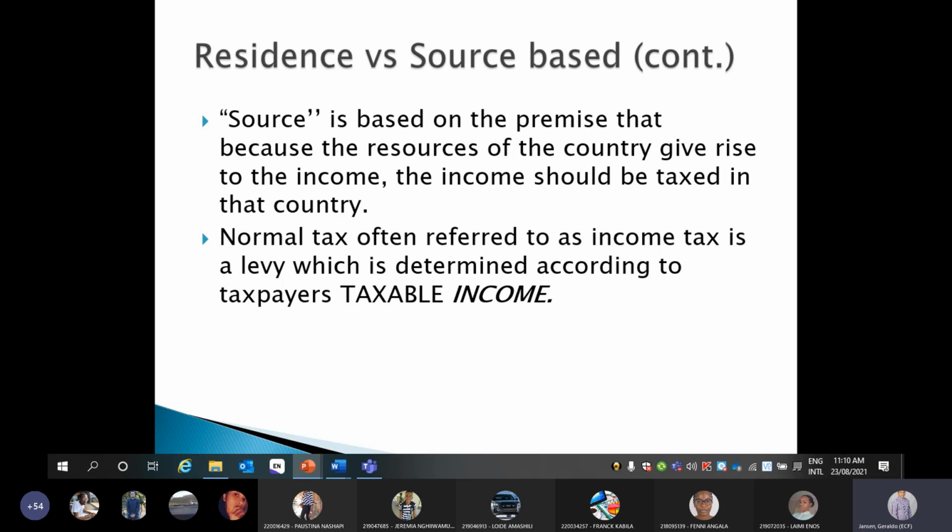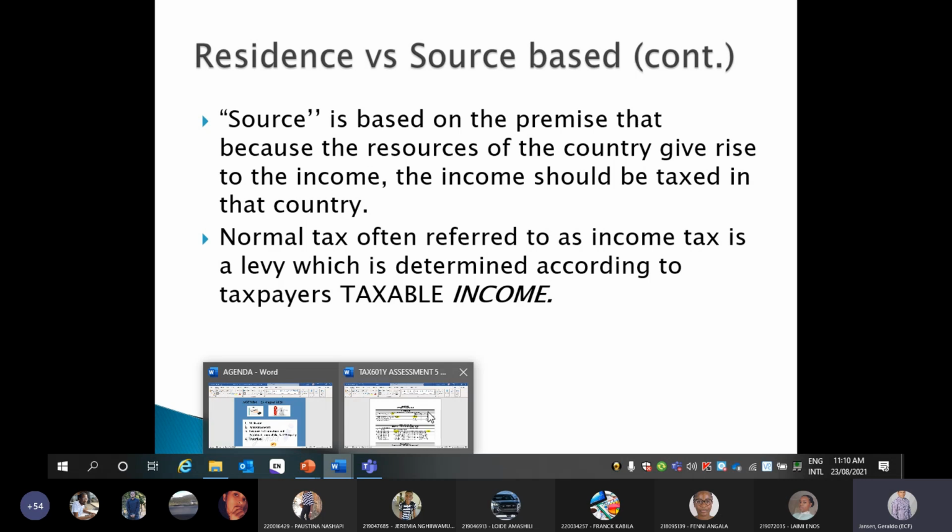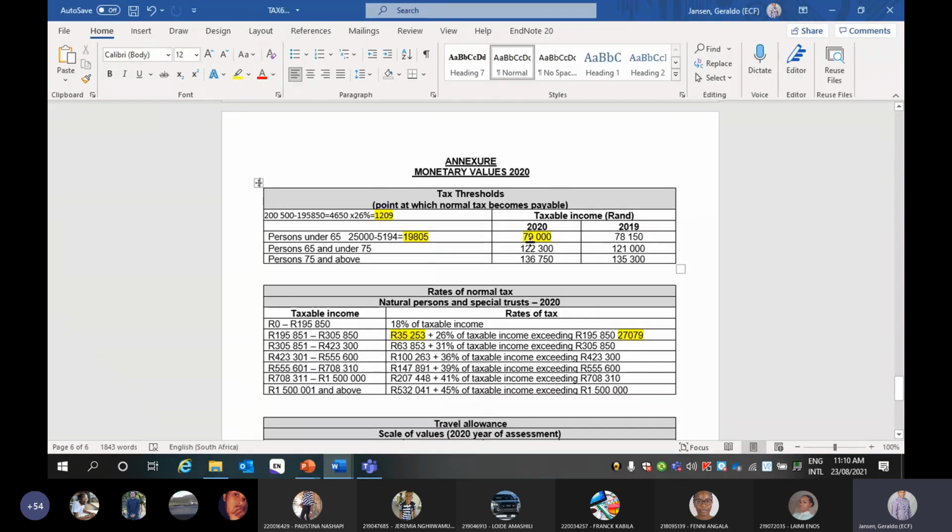And of course, if you earn more than the threshold. Guys, the reason why there's a threshold is so that people that earn less than these amounts don't have to pay tax, because government's argument is they really earn too little. Let me just show you the difference. Remember we said earlier that it's 6,583 or something. So in South Africa, if you earn less than 6,583, you don't pay tax. In Namibia, the amount is